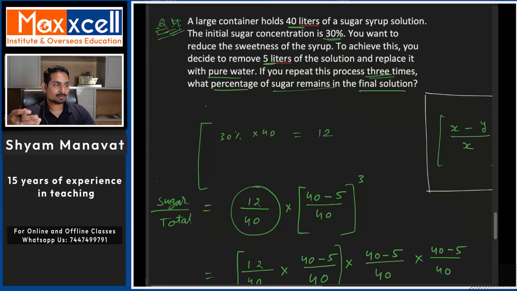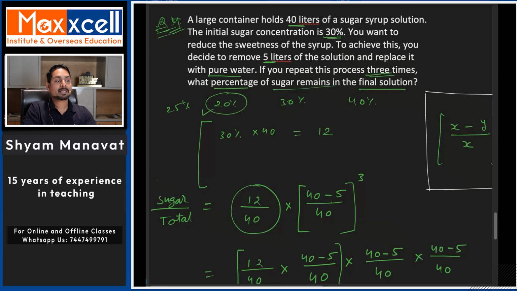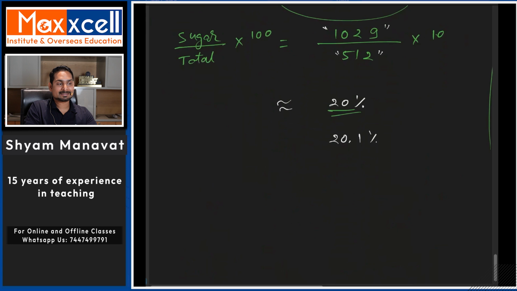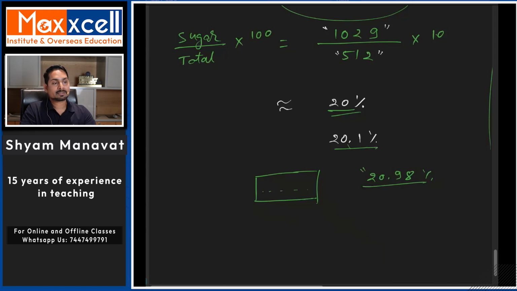digit, 2 digit आफ्टर द डेसिमल, और इफ़ यू हैव ऑप्शंस लाइक यहाँ पे आपको ऑप्शन ऐसे दे रखे हैं 20%, 30%, 40%, ओके 25%, देन यू कैन ईजिली मार्क 20%। सो ऑप्शंस को भी ध्यान से देखना। एक चीज़ और ध्यान से देखना दैट इफ इट इज़ टीटा क्वेश्चन, टीटा मतलब टेक्स्ट एंट्री टाइप्स ऑफ क्वेश्चन वेयर यू डोंट हैव ऑप्शन, देन ऑल्सो यू शुड राइट द आंसर एक्यूरेटली एटलीस्ट 2 digits आफ्टर डेसिमल, मतलब 2 digits ऑफ डेसिमल। ये 20.98 अगर है तो आपको ऐसा ही लिखना चाहिए यहाँ पे।